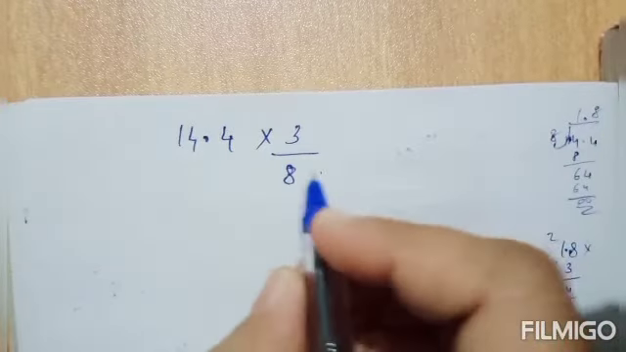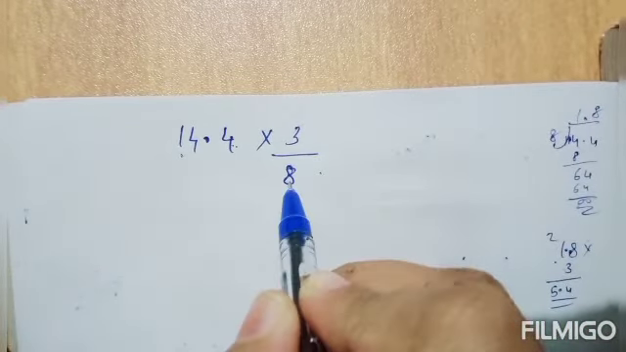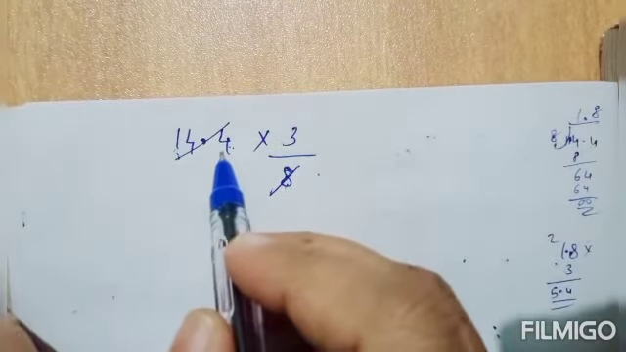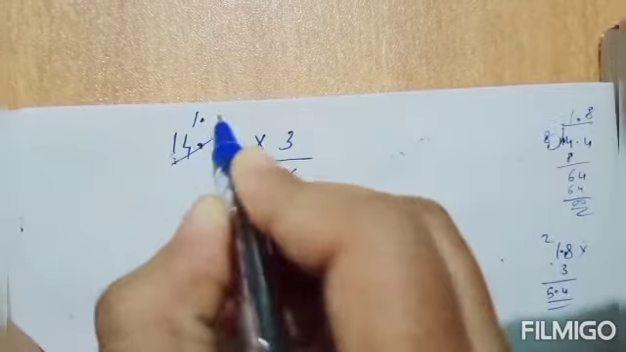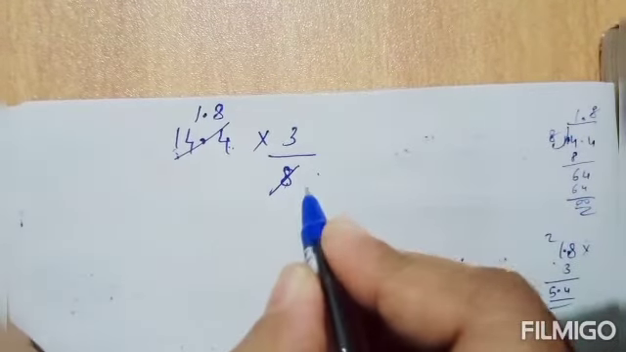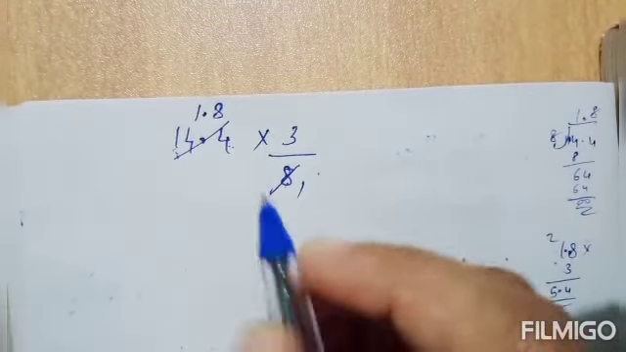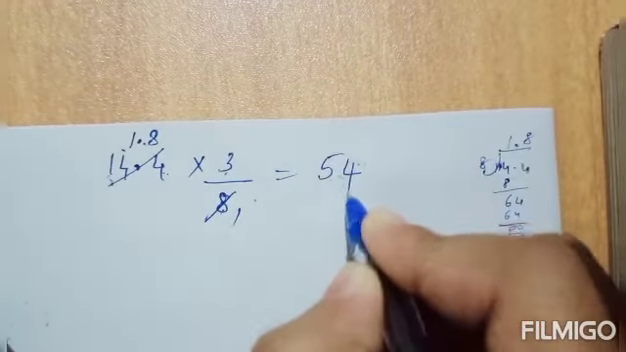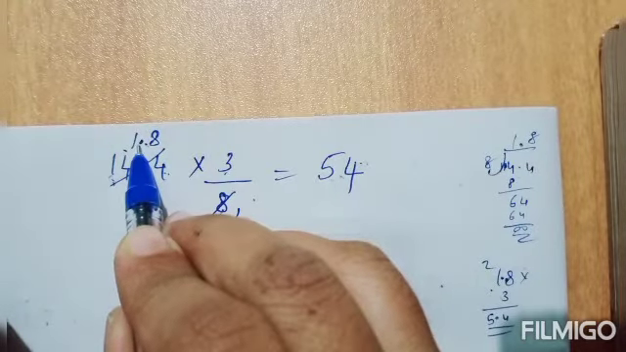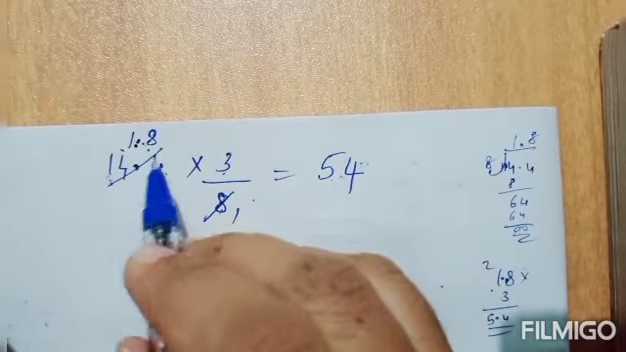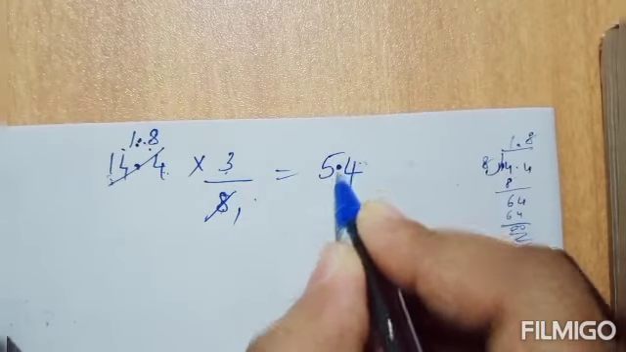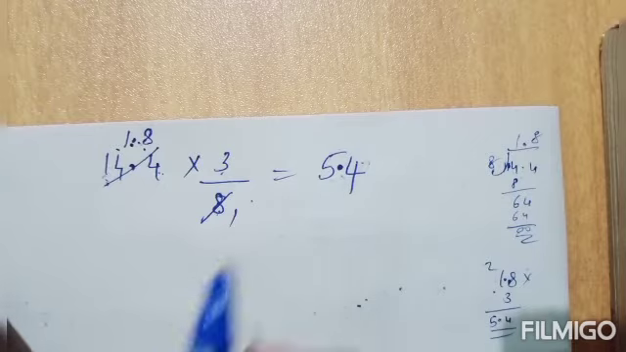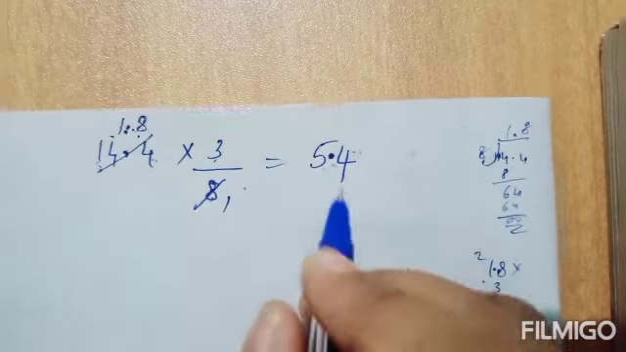Now we can divide 14.4 and 8, since both are divisible by 8. 14.4 divided by 8 you will get 1.8, and 8 divided by 8 is 1. Now 1.8 into 3: 18 into 3 is 54. One digit is coming after the decimal point, so in the answer also one digit should come after the decimal point. So you got 5.4